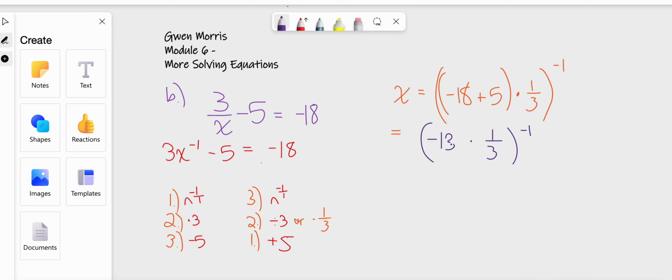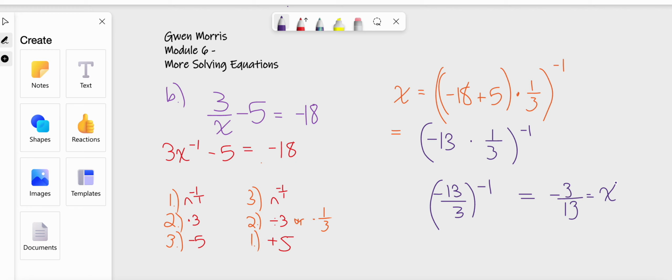So then what I would do would be negative 13 over 3 to the negative first power, which would equal negative 3 over 13. So now that I have x equals negative 3 over 13,